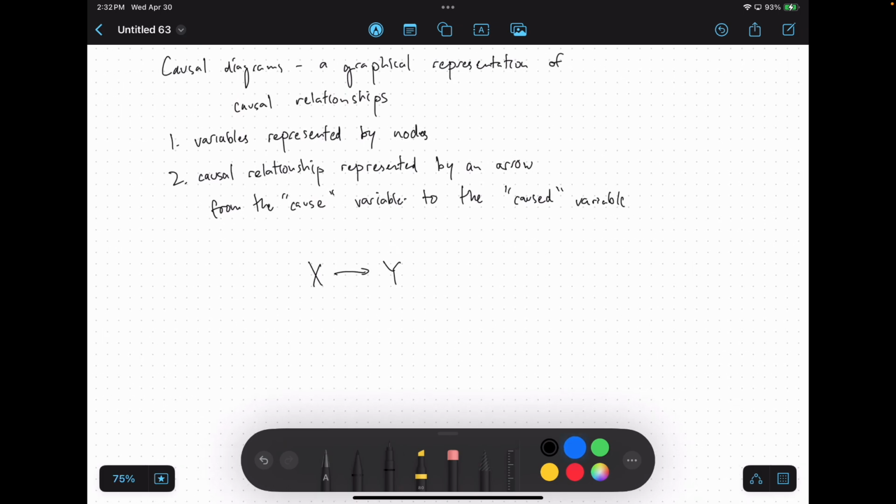One thing that you do want to make sure to include are unobserved variables. It's common to include this. This is something that you often or almost always will want to include in the graph itself: a U, a big U.